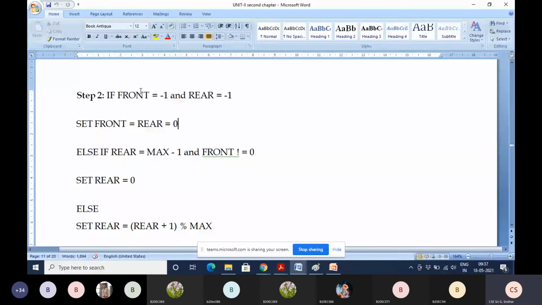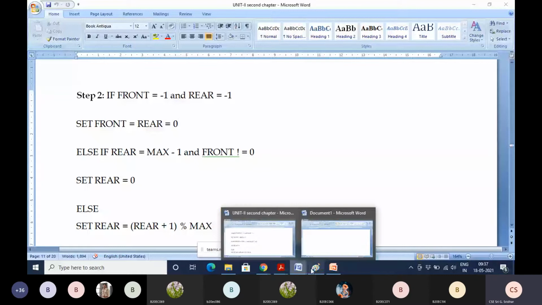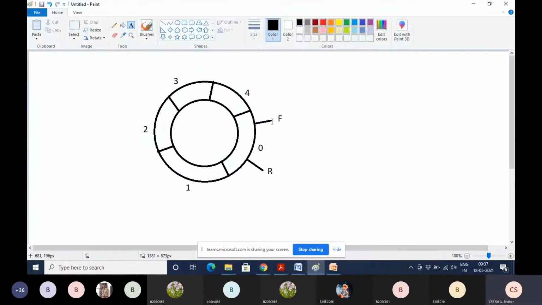Else, if front is not pointing to -1 and rear is also not pointing to -1, then what do you have to do before insertion?